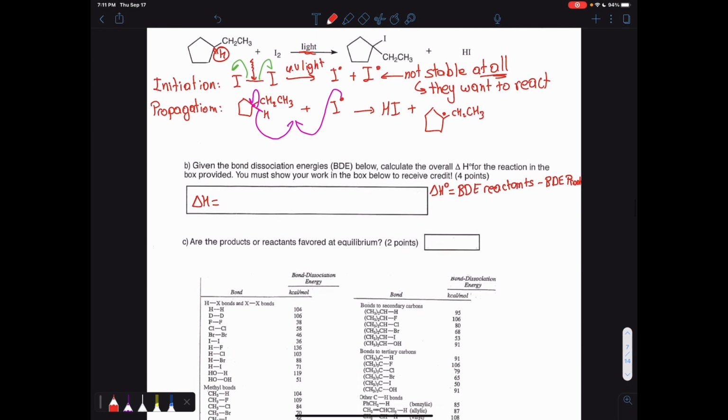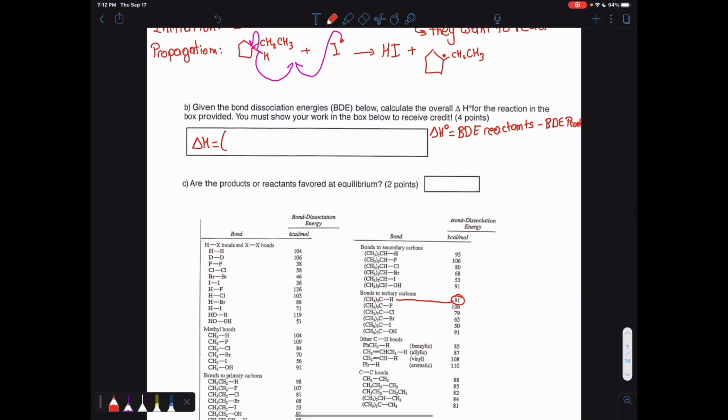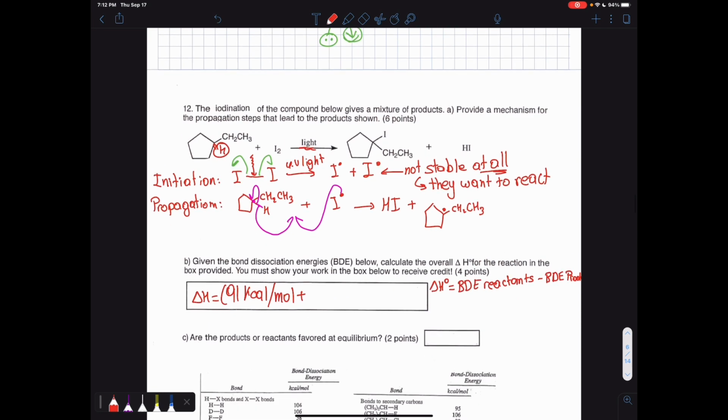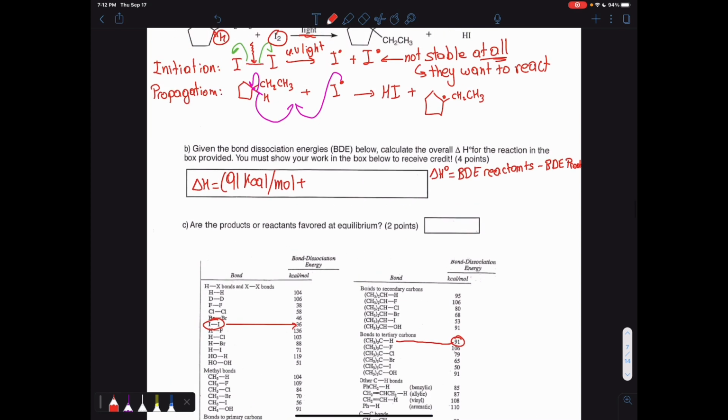So what you guys gotta do is scroll down and look at bonds to tertiary, and then you look at the hydrogen, and that's 91 kilocalories per mole, plus the other thing, this I2, the bond between them, as you remember, broke. So you also have to look for one of those. So if you scroll down, this is the bond right here, so it's 36. So 91 plus 36 kilocalories per mole